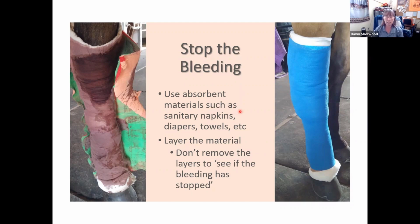In your first aid kit, you should have things that are absorbent. One of the best things to have in your first aid kit are actually sanitary napkins. It is amazing what you can do with sanitary napkins and elasticon or tape. Okay. And so that diapers, towels,